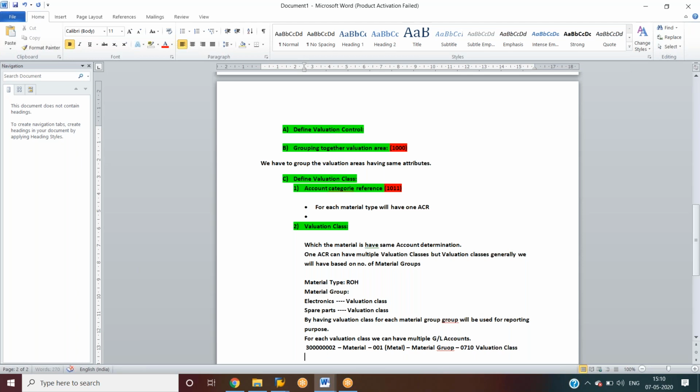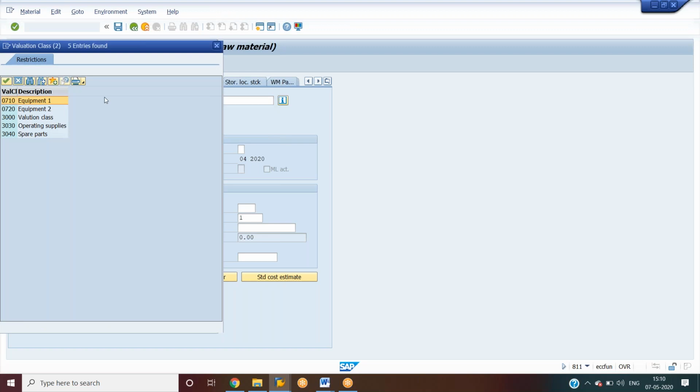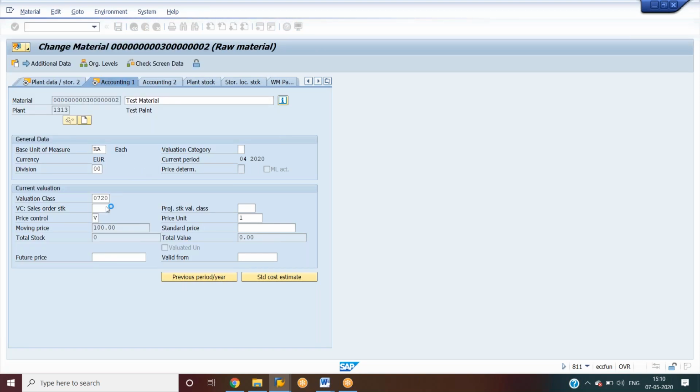So see here, for one material we have one material group. But for one material group we can have multiple valuation classes based on the material groups. If one material has 5 material groups, then we have 5 valuation classes.